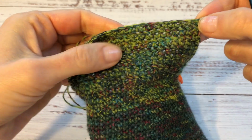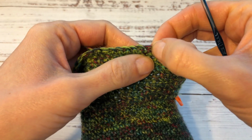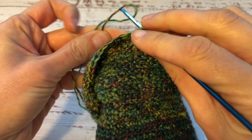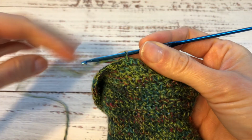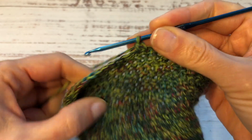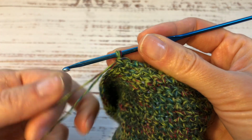Now I'm going to attach the yarn into the 11th stitch. So 1, 2, 3, 4, 5, 6, 7, 8, 9, 10, 11. And into this stitch I simply pass on the yarn like this. And into the next single crochet I work a single crochet. Now I'm going to work a single crochet into each one of the next 10 single crochets, and I will